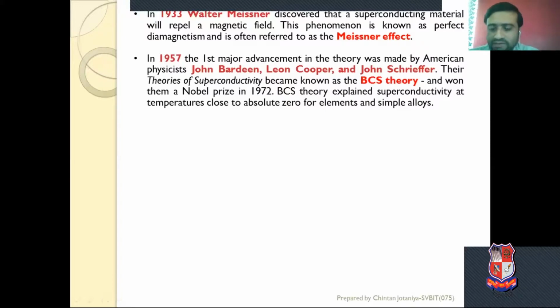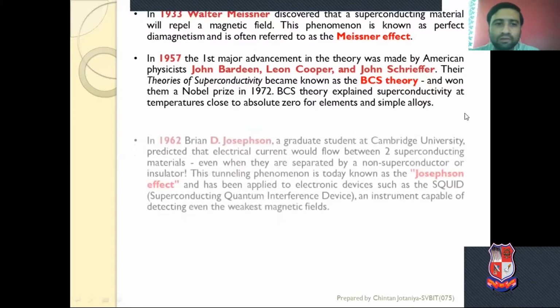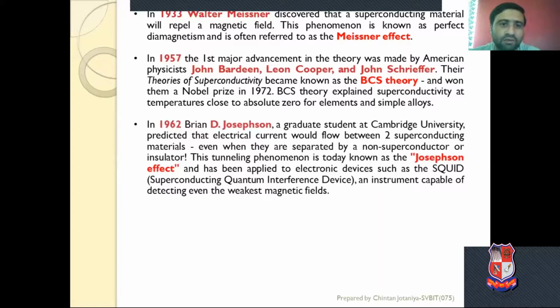We have a detailed question about BCS theory, so we will discuss more about it later on. They also got the Nobel Prize. BCS theory explains superconductivity at temperatures close to absolute zero for the elements, and some alloys also. Then again in 1962, Josephson observed the tunneling effect in the superconductor